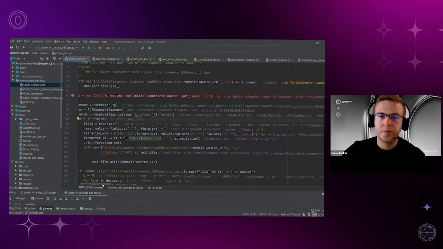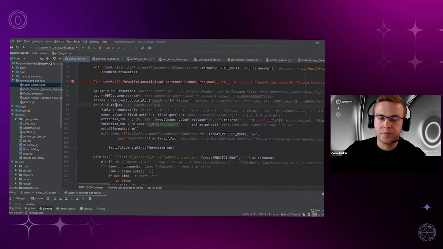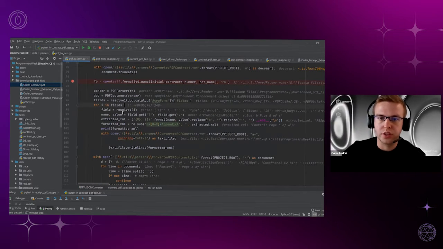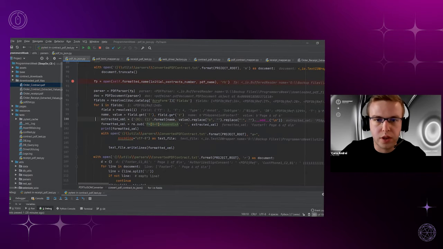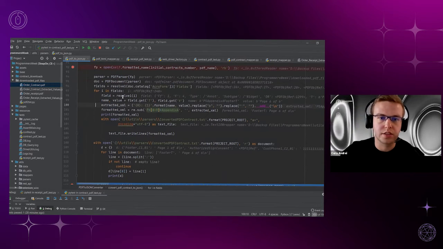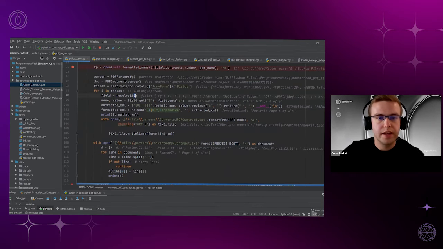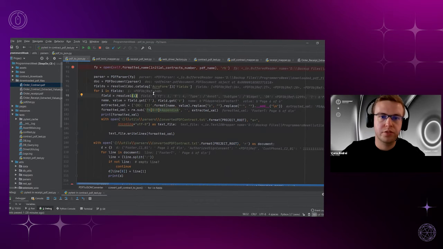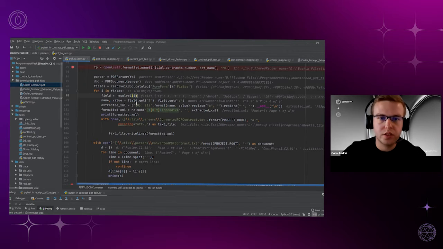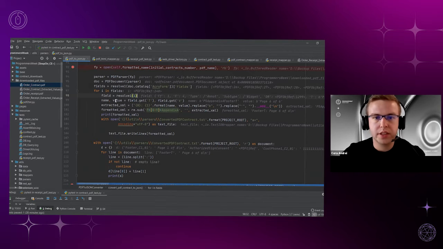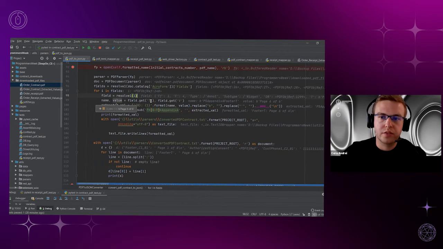As you might know, the PDF parser is structured in multiple fields. So here, for example, in our PDF, we have a field starting from object reference 27 up to 248, which is the last interacted field. And then we go field by field and extract, in a dictionary format, all the names and the values